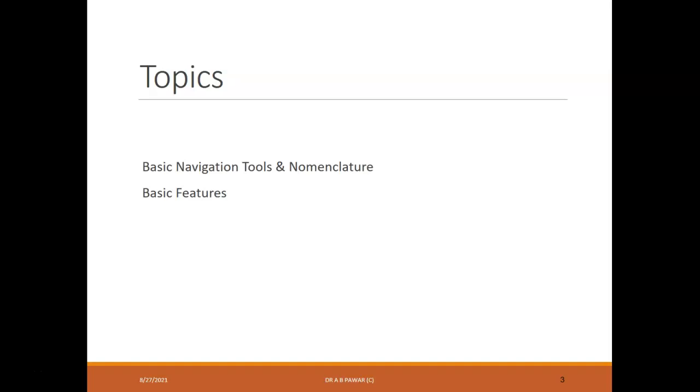Dear friends, please understand, the basic navigation tools means the various symbols, icons, text fields, or I can even add the different options of that particular software we are going to use. And nomenclature means the name given to that particular basic navigation tool. It is just like we are named by our parents. When we are born we are unknown, unlabeled, so we are given a label, just like a name. Anyone's name is like his or her nomenclature.